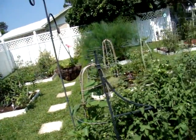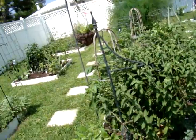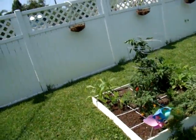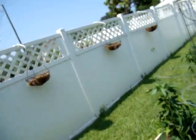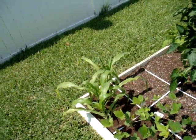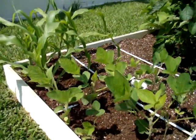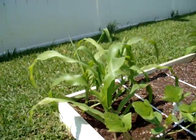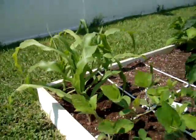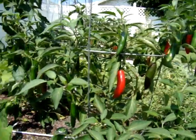the garden needed some weeding, and so I've been working on it a little bit the past few days, and I'll just show you what we have growing here. There's the soybeans I picked up. Those are the organic soybeans from Everman Foods, and they're doing real well. My corn is coming up over here in the corner. I have some serrano peppers, and